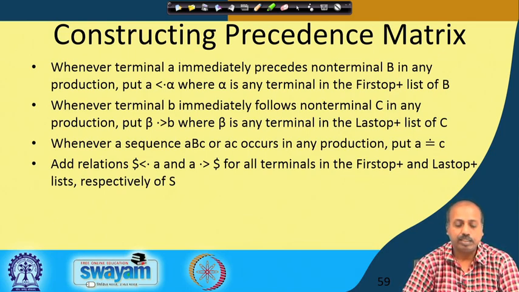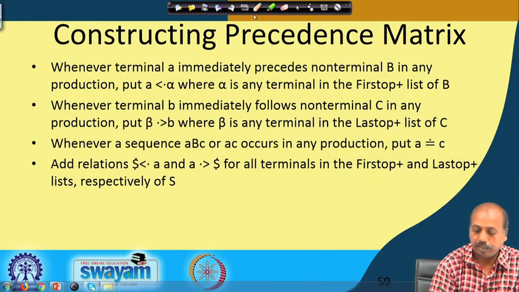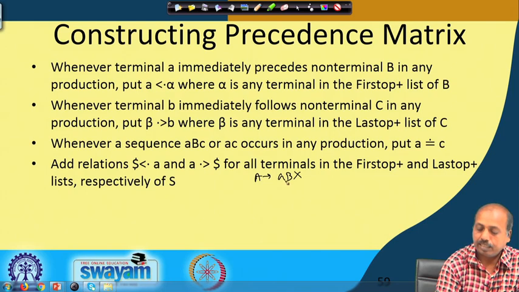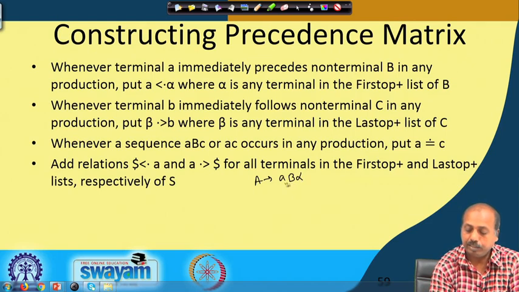It says that whenever a terminal A immediately precedes a non terminal B in any production, so if you have something like A producing A B alpha, where alpha is any string of grammar symbols, and B is a non terminal and A is a terminal,